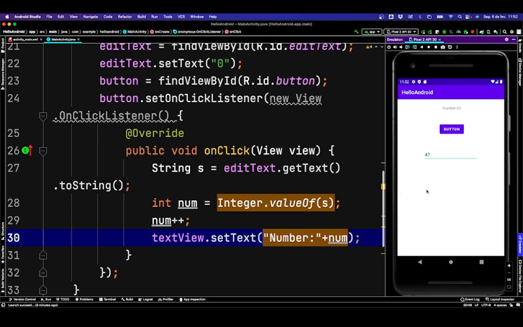So this doesn't exist. You need to do the find view by ID first. Okay. So I don't know why. Maybe it's